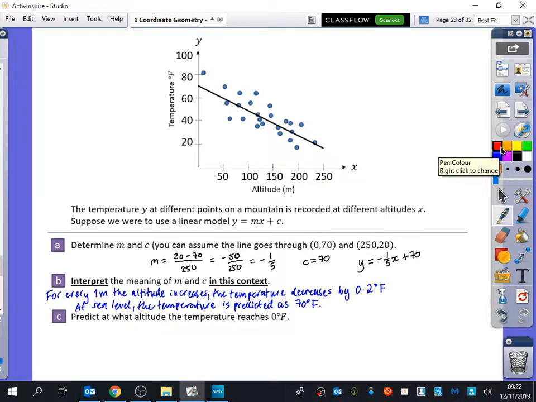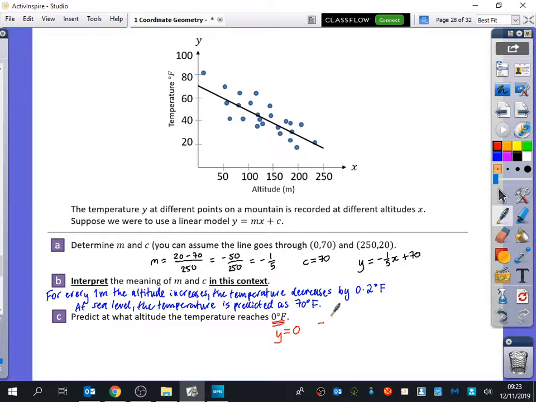So the last part of the question says predict at what altitude the temperature reaches 0 degrees Fahrenheit. Now Fahrenheit, is that the x-axis or the y-axis? The y-axis. So all it's really saying is when does y equal 0? So I'm going to just take that equation that I have there and I'm going to say that y is